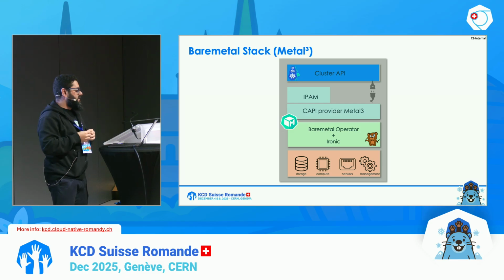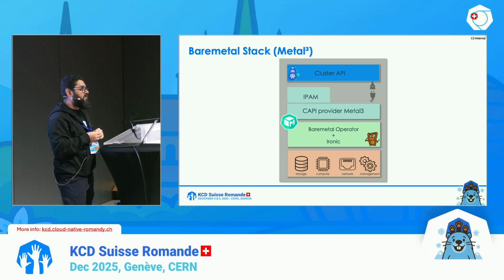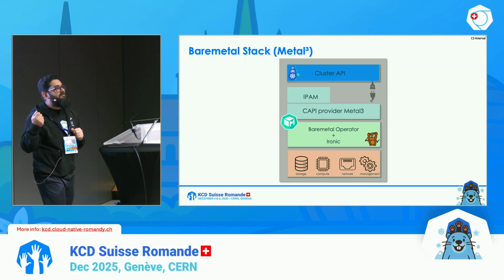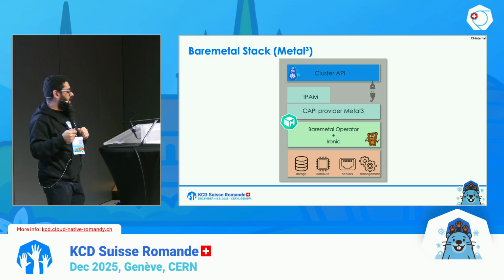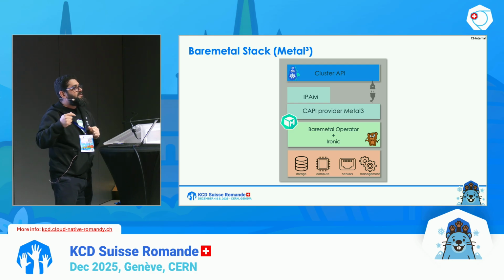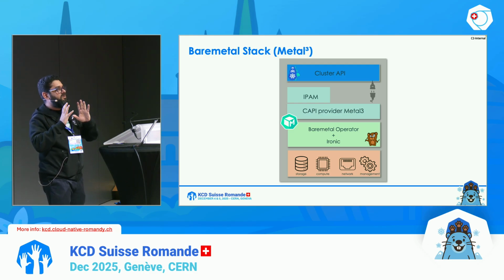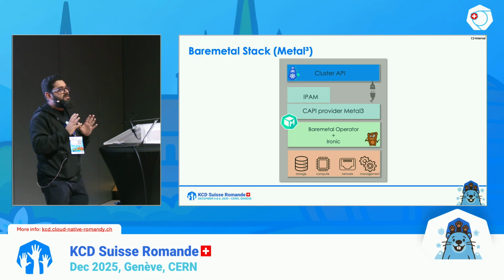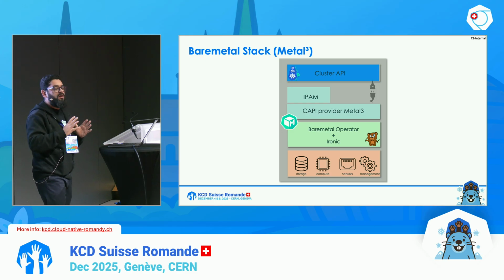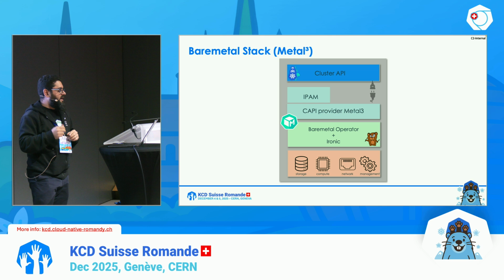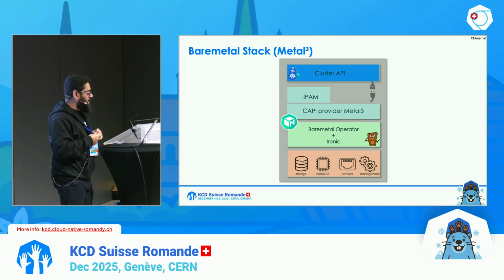It integrates with the very powerful tool called OpenStack Ironic, which is the main engine which provisions the physical hosts. And then we have a controller which exposes these Ironic APIs inside Kubernetes. This is called Bare Metal Operator. And Bare Metal Operator is reconciling an object which is called BareMetalHost. BareMetalHost is actually a YAML representation of this server inside Kubernetes. I will show an example also in the next slide.